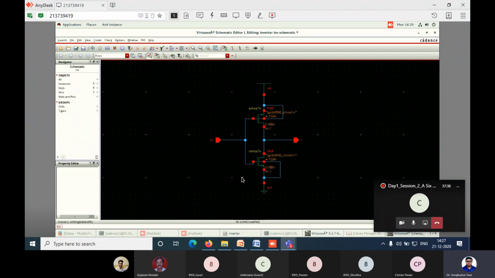See, we are done with this connection up to here, right? For any circuit to be performed, we have to put a supply voltage, right? Till here, we have not provided supply voltage. What we will do is just copy this VDD by selecting this and pressing the C command. You just select this, press the C command.